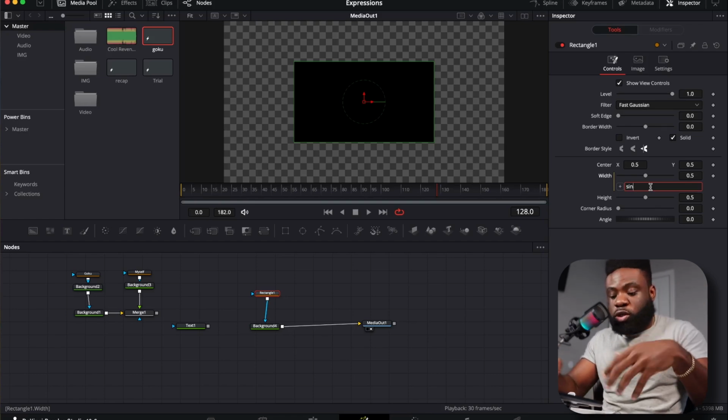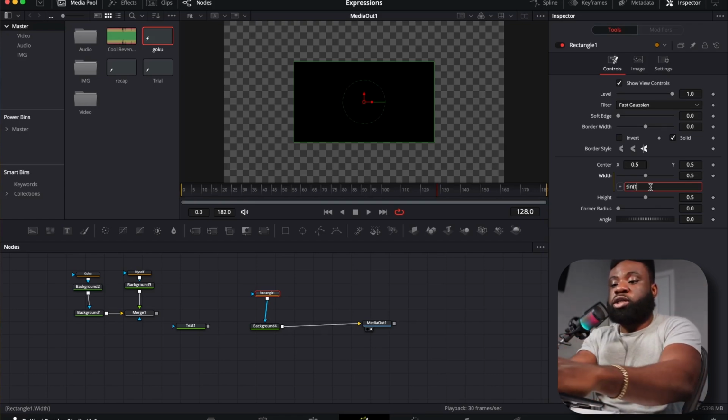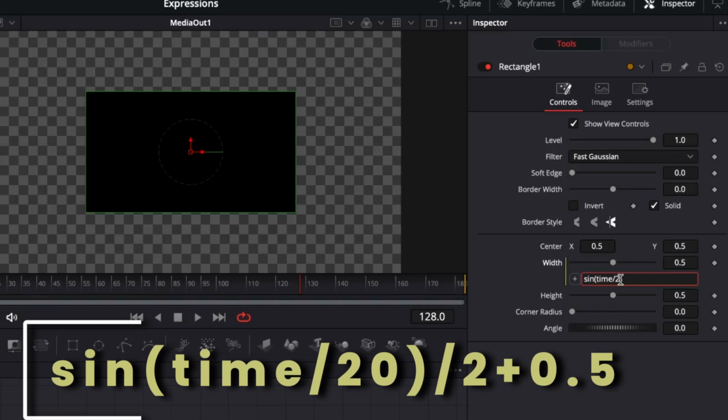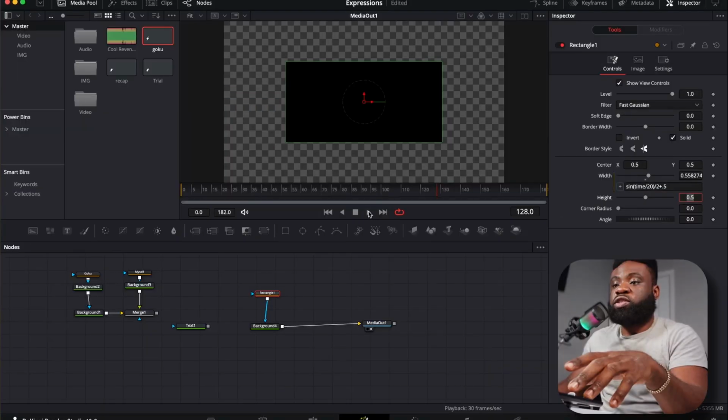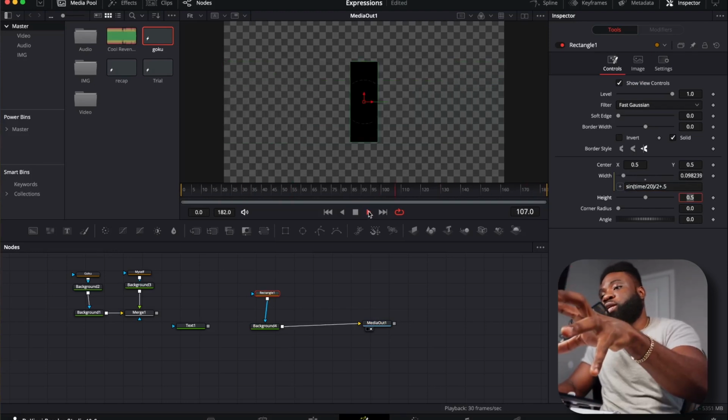All right, so let's use the Sine bracket time divided by 20, close brackets, then divided by 2 plus 0.5, enter. So let's see what happens with this. So this is, as you can see, like it's bouncy